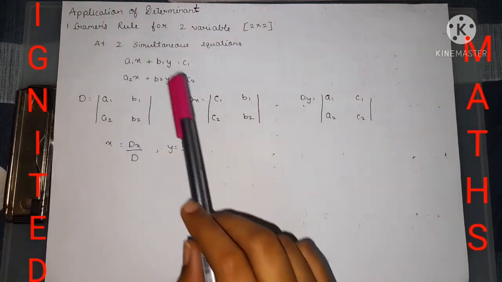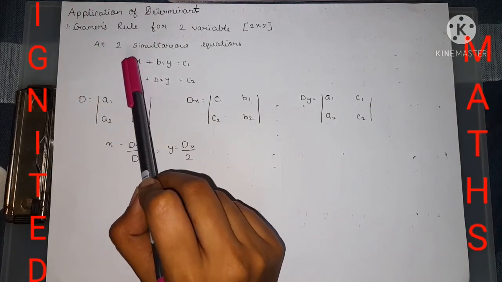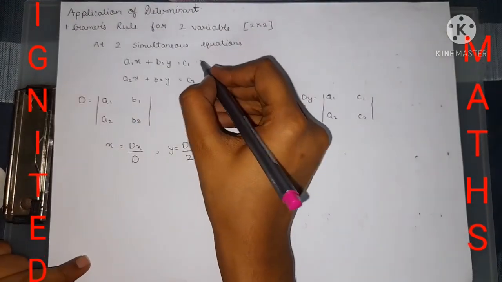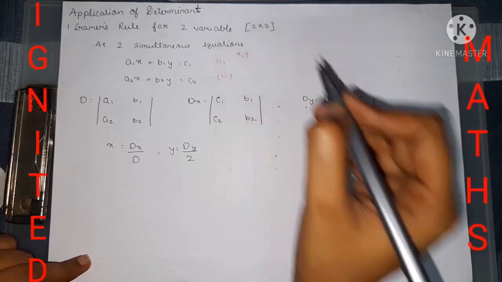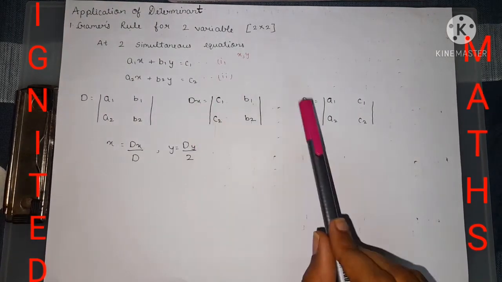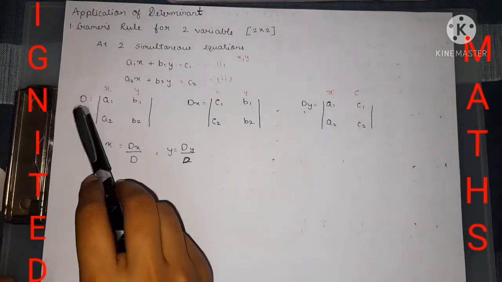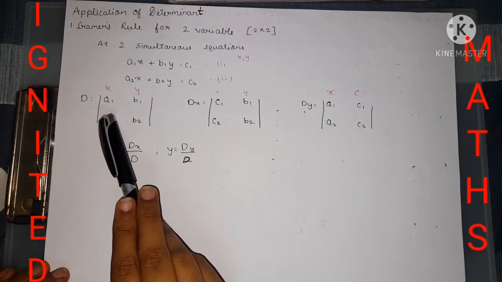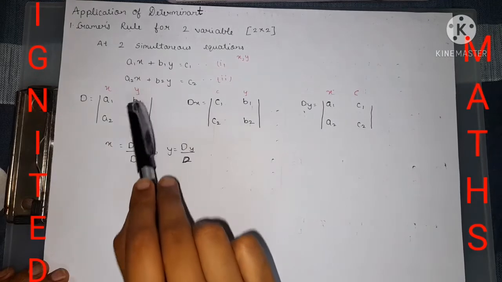Now with 2 variables, you will be getting only 2 equations. One equation is this one, right, and the other equation is this one, and the 2 variables are x, y. Okay, and the z part was there in 3 variables. I hope this concept is clear. Now even over here we need to take the value of d, dx, dy. Over there we took the dz value, but here no z term is there, so no dz value. While taking the d value, don't take any constant term, just take the variable related terms. So there are 2 variables, so a1 a2, b1 b2.